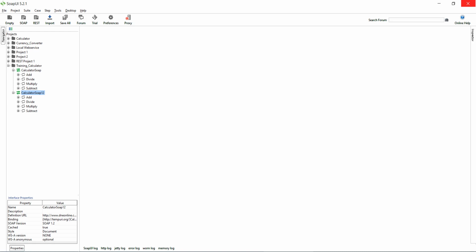You are seeing two options for the SOAPUI, that is Calculator SOAP and Calculator SOAP 1.2. 1.2 is the latest version. I'm going to use the 1.2 version only for all the tutorials. If you see, there are 4 operations that got imported into the web service, that is add, subtract, multiply and